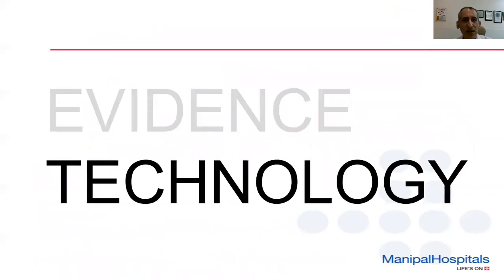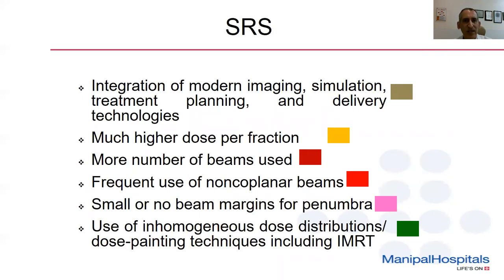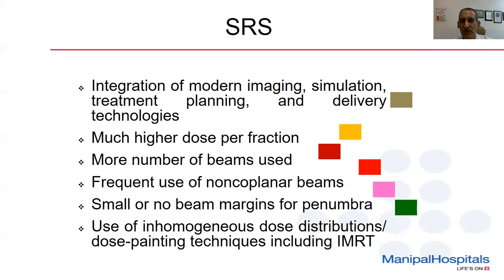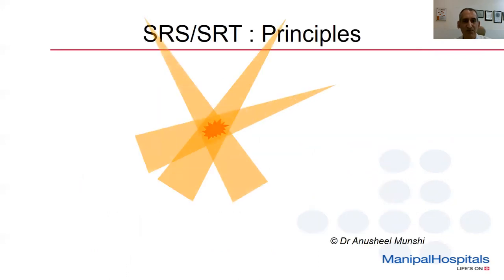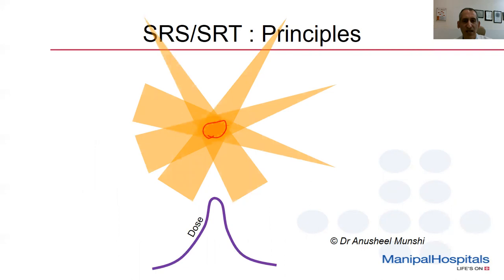So I have covered more or less, in the time constraint that I had, the evidence part of acoustic neuromas. I'll just briefly now allude to the technology part. So as we know, in SRS, we have integration of modern imaging. We use much higher doses per fraction, many more beams, frequently non-coplanar beams, and so on and so forth. And all this, when it's combined, becomes SRS: multiple beams, different directions, high peak of dose and rapid fall